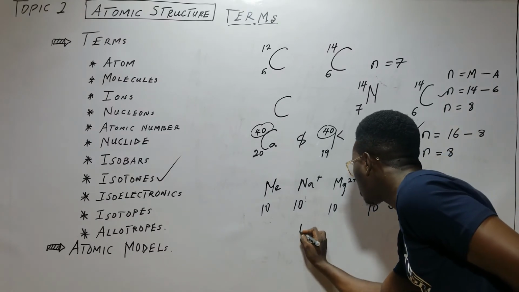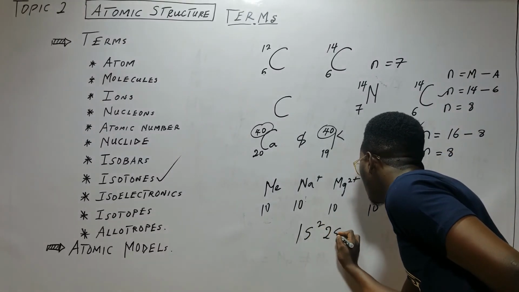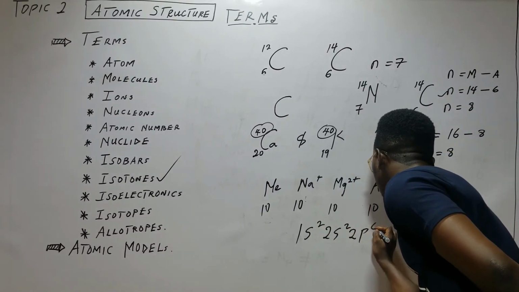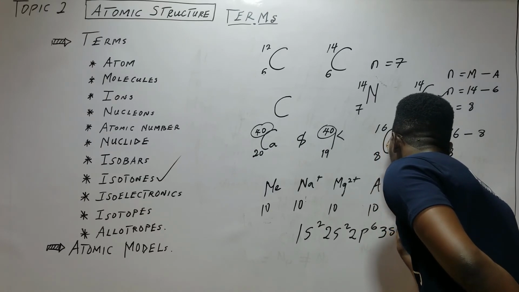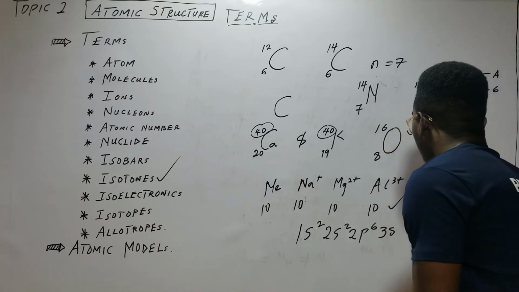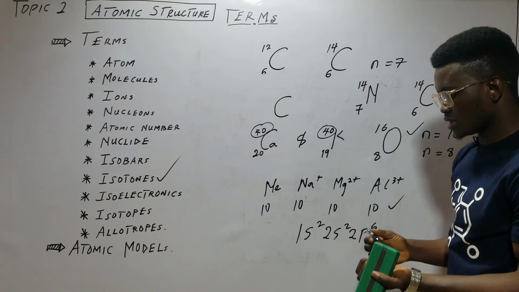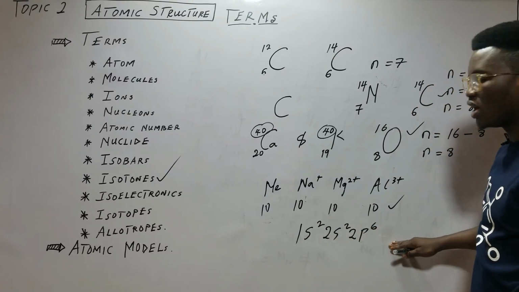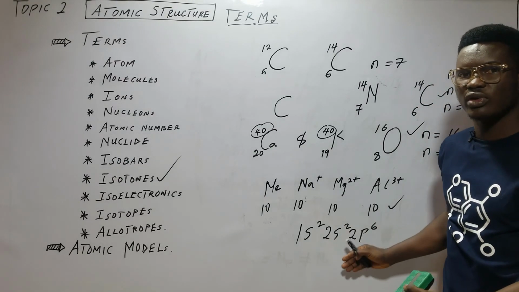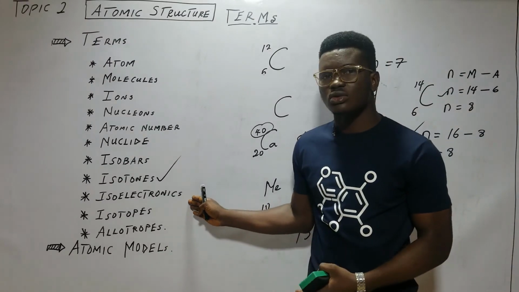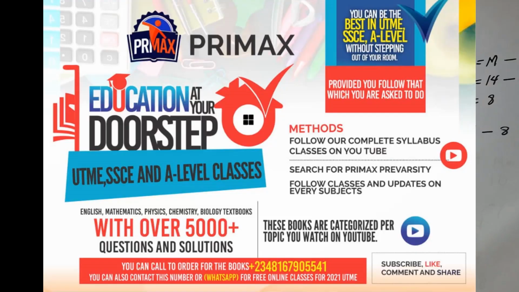Their electronic configuration is 1s2, 2s2, 2p6, so that is 10. They have the same number of electrons and the same electronic configuration, so they are called isoelectronics. I will talk about the rest